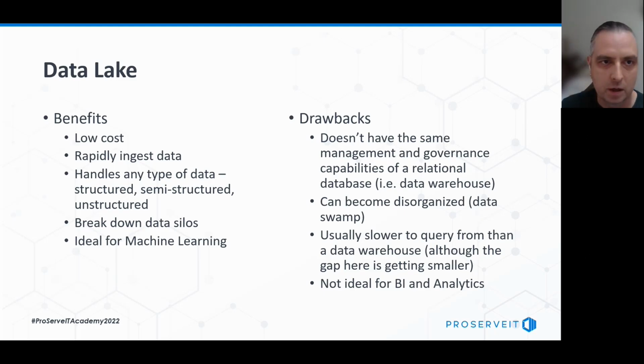Any questions so far about data warehouse, data lake? Okay,